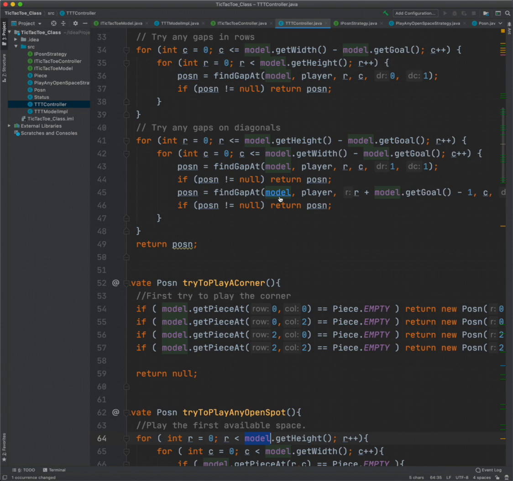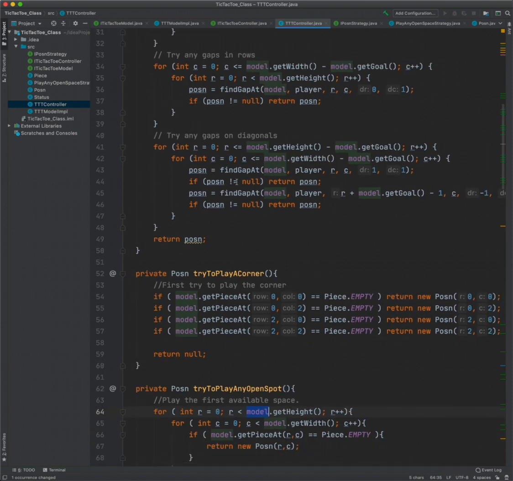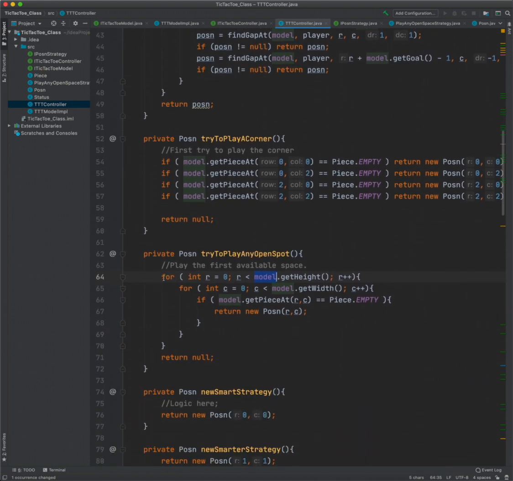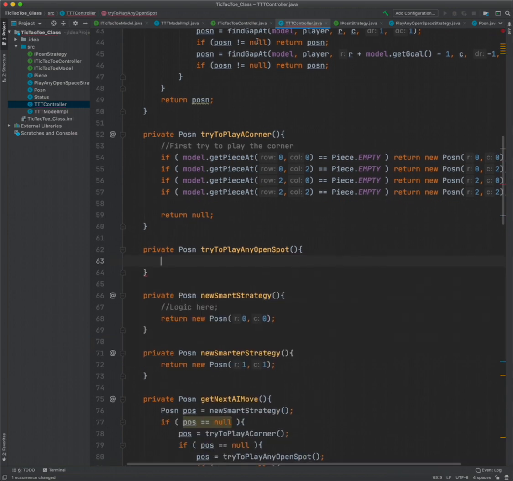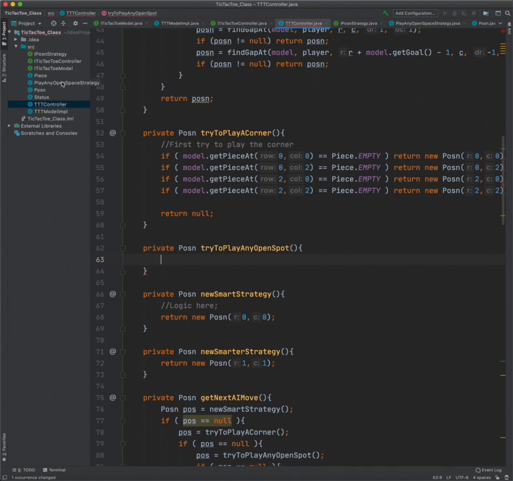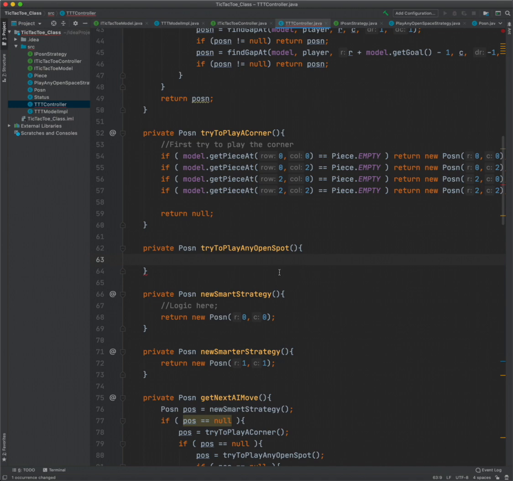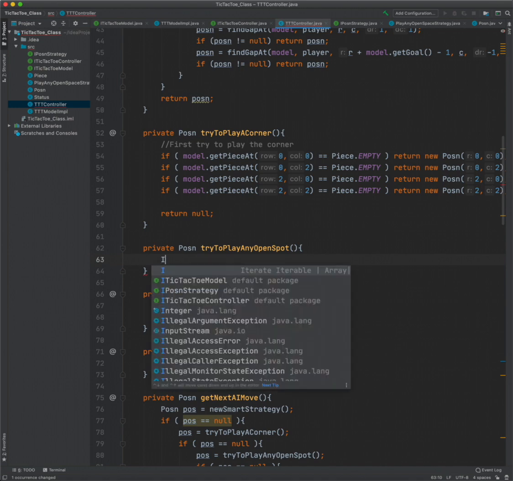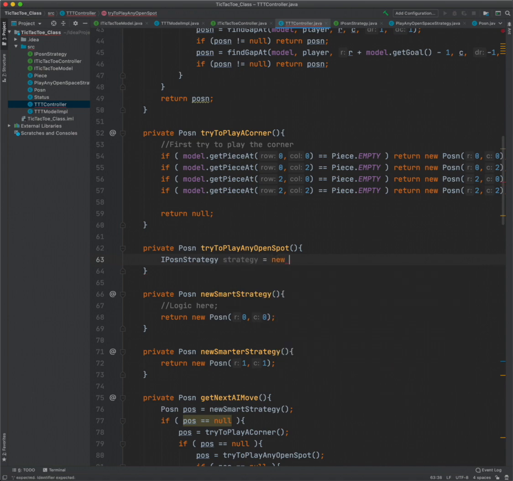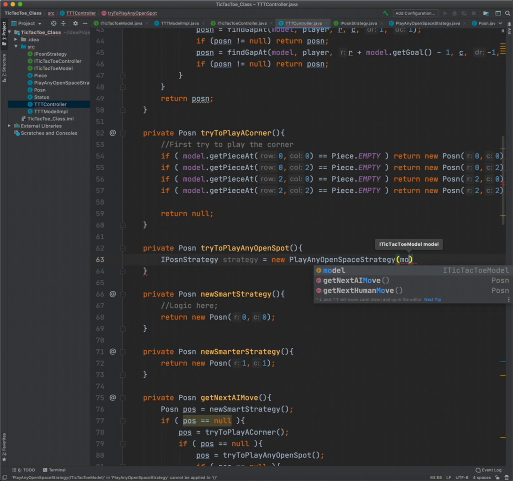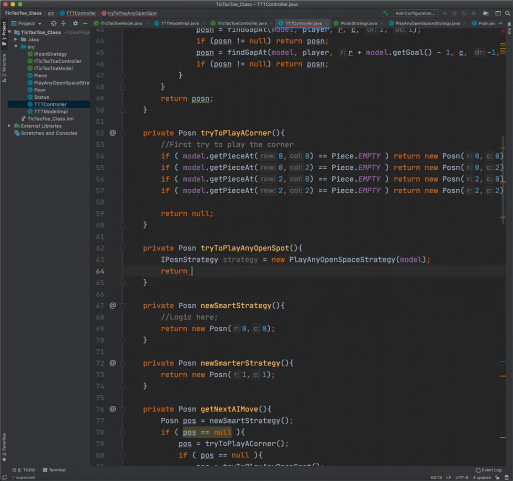And now I'll go ahead to where the code is. So let me zoom out a little bit here. I will take my play any open spot. We'll take this code, right, and I will put it in the strategy that I just created. All right, and I can go back to my controller, and then I can just say here, you know, what did we call it again? IPositionAndStrategy equals new play any open spot strategy, and then I'll pass in the model, and then I can just say here return strategy dot choose position